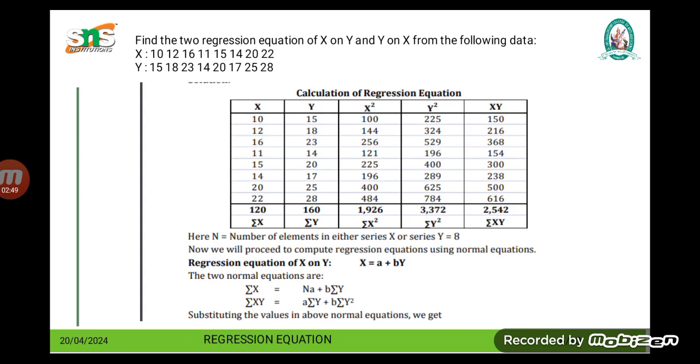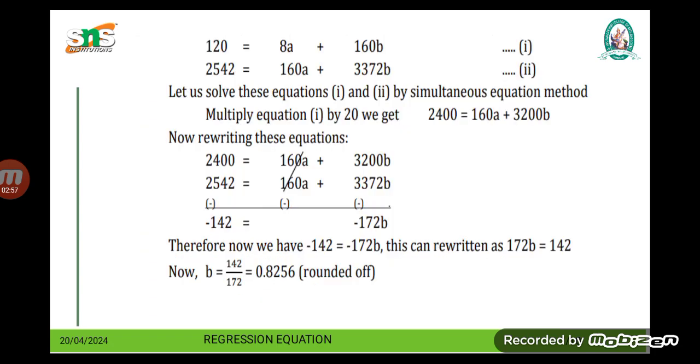Now my normal equations are summation x equal to na plus b into summation y, and summation xy equal to a summation y plus b summation y square. If I substitute all my values in the above equations, I will get equations 1 and 2. It is a simultaneous linear equation. If I solve it by the elimination method,